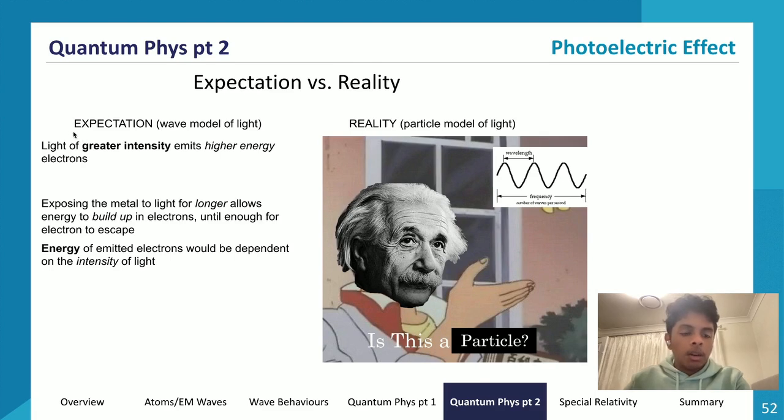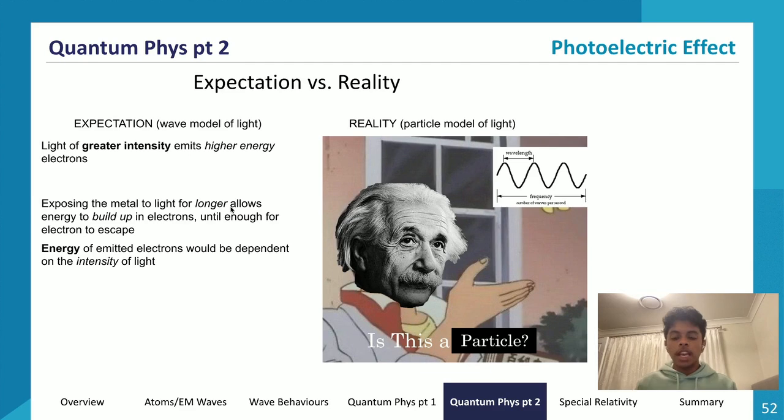So what did the wave model say? It said that light of greater intensity would emit higher energy electrons. This turned out to be false. Another thing it said was that as we expose the metal to light for longer, we would allow the energy to build up in electrons. So if we shine light of very low intensity, the wave model said that as long as we keep shining on it for a long enough time, we would build up energy within the electrons until it had enough to escape. This also turned out to be false, because if we think back to our concept of photons being fundamental particles,